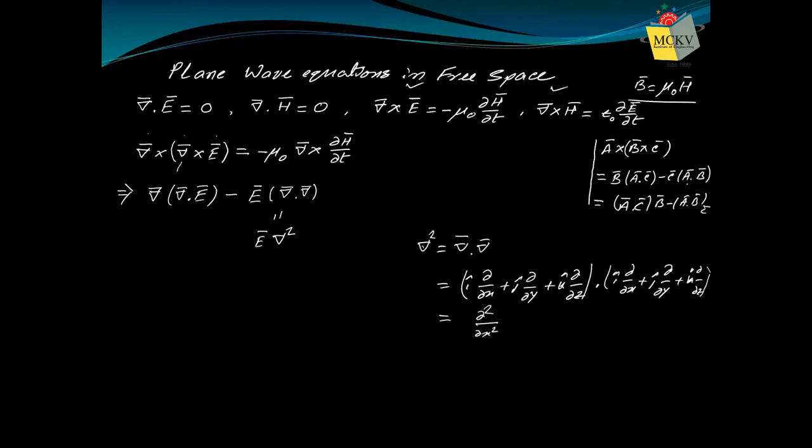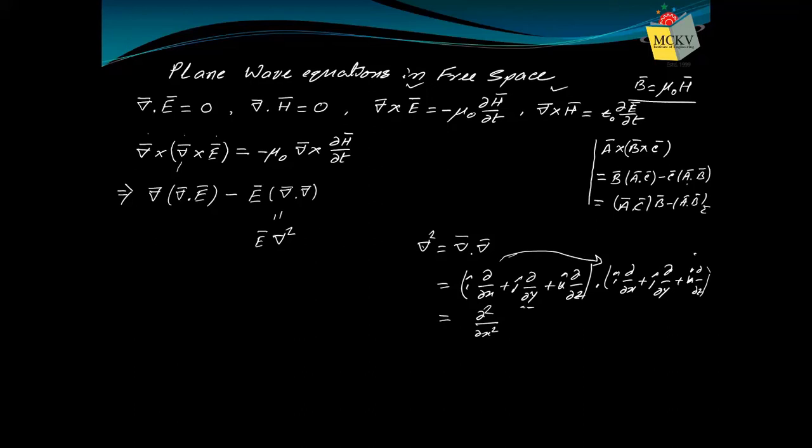First quantity, I am multiplying these two. Dot product, i dot i is 1, del x into del x, del 2 del x 2. Next, i del x with j del y. i dot j is 0, no value. i dot k, that is the first quantity with the third, first this one with this one. i dot k is 0 again. So it doesn't count.